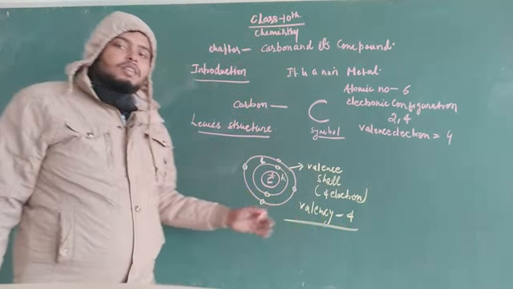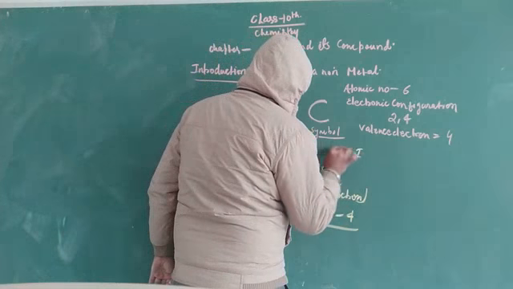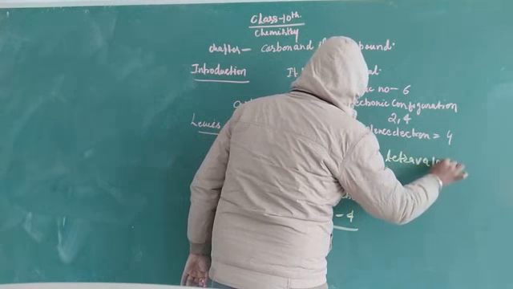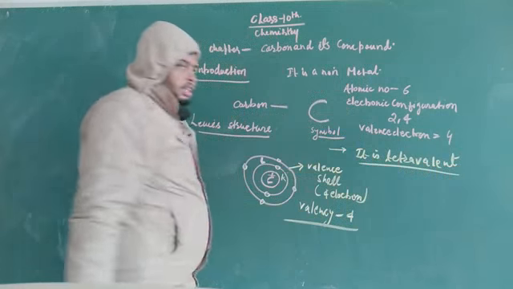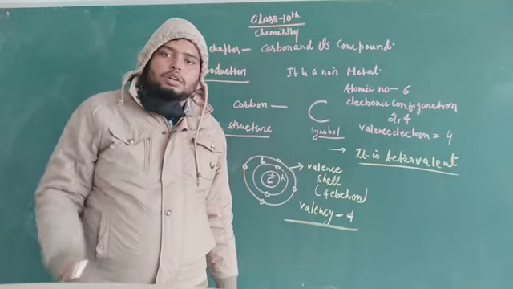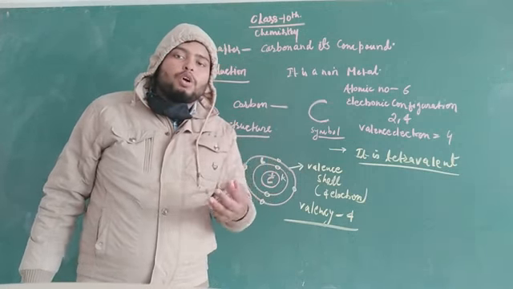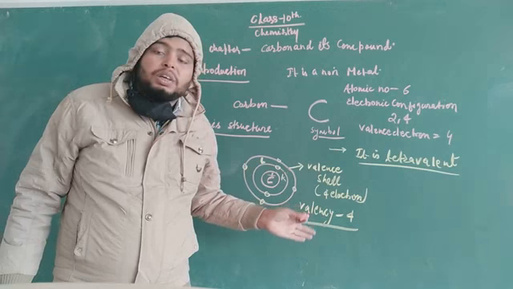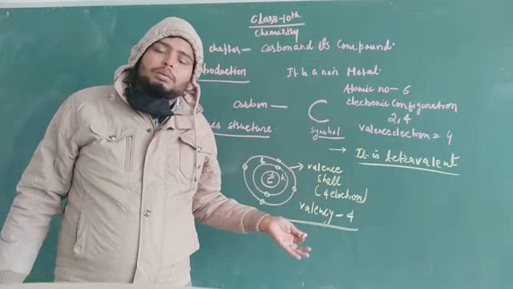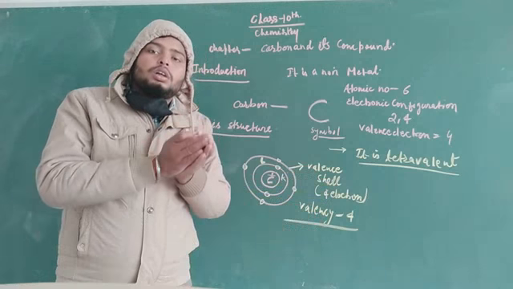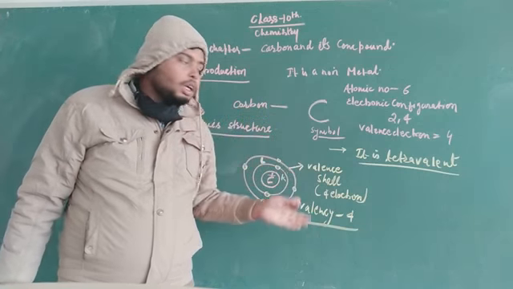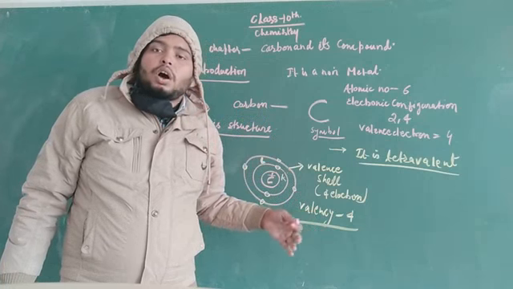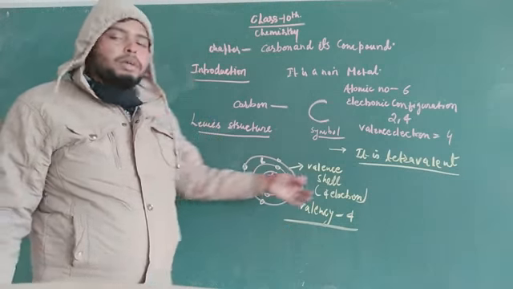Generally, carbon is tetravalent. That is the reason it is tetravalent. That means carbon always forms 4 bonds. Hence it stabilizes its valency and completes its octet, and carbon becomes stable. Due to the requirement of a large number of electrons, it is always ready to form covalent bonds by sharing electrons between the elements.